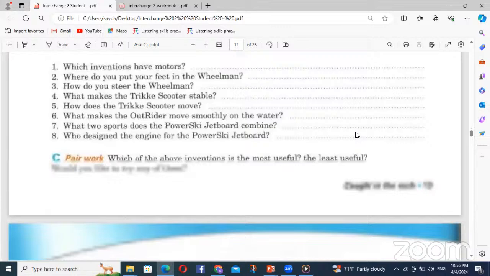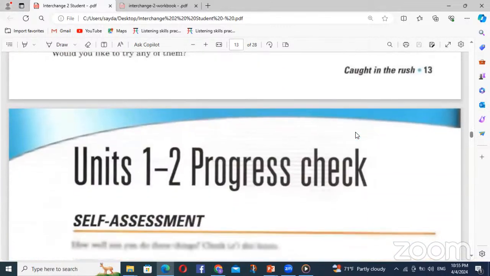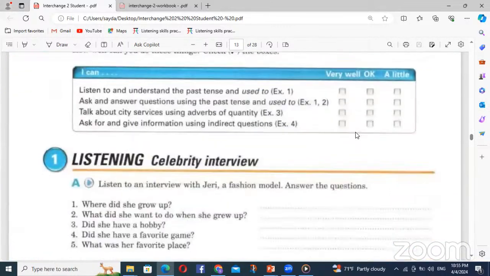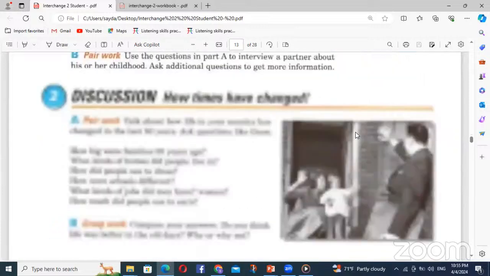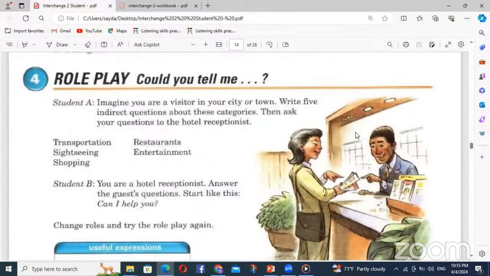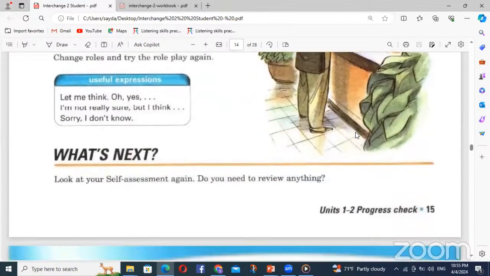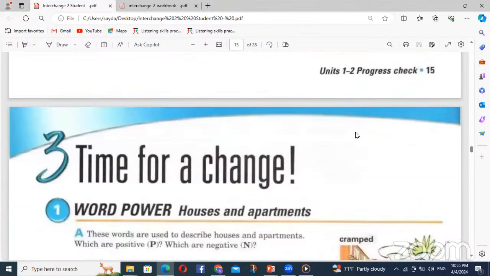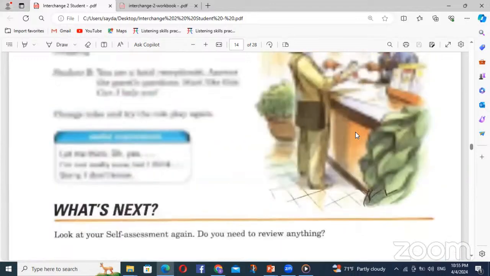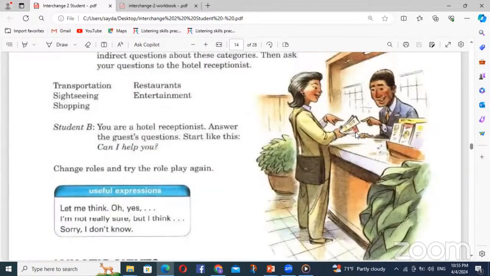Next time, inshallah, we're going to have this progress check about units 1 and 2. We'll work on them. We're going to use another thing. And check the workbook. Be careful with the workbook, complete it. Solve the workbook up to where we stopped, the one for book 2. Okay? Any questions?